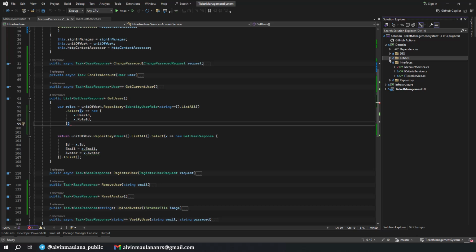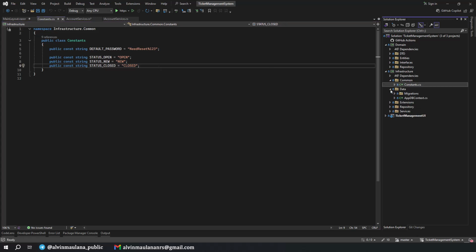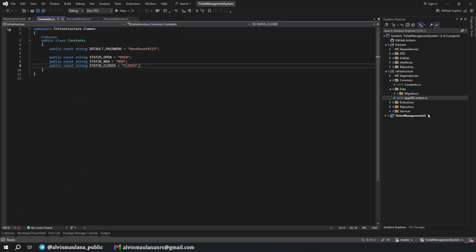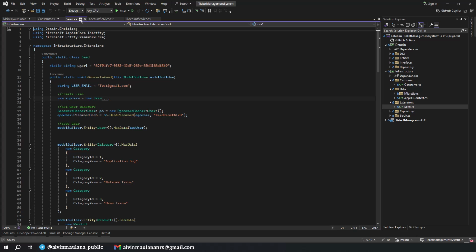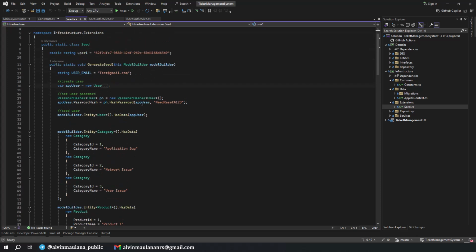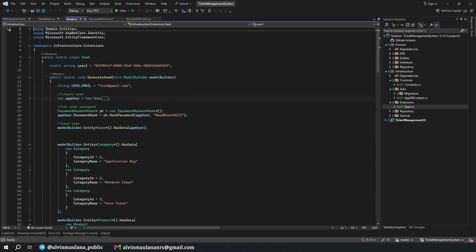We will make a dictionary. Where is it? Common, I think, yeah, constants. Okay, correct, this one. I'll pin it first, but let me see our data set. Where is the data set? Not this one. Extension sheet. Yeah, let's pin it first. Okay, so later we need to add the new role in our data set, because currently there is none, I think I have not created it yet in here.